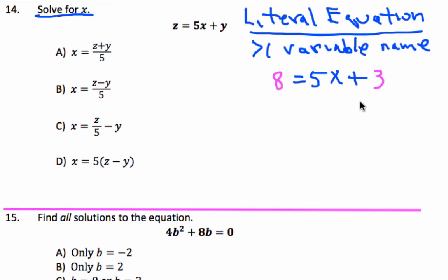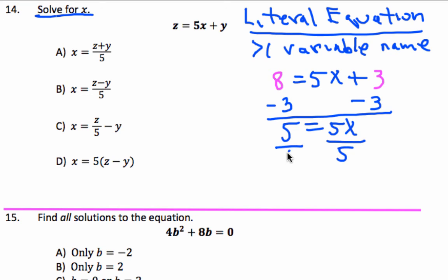Now, how would you solve this equation? Sure, you know how to solve this one. We'll just subtract 3 from both sides. So we'll get 5 equals 5x. And to solve for just x, we'll divide both sides by 5. The 5's will cancel out on both sides, and you'll be left with 1 equal to x, or x equals